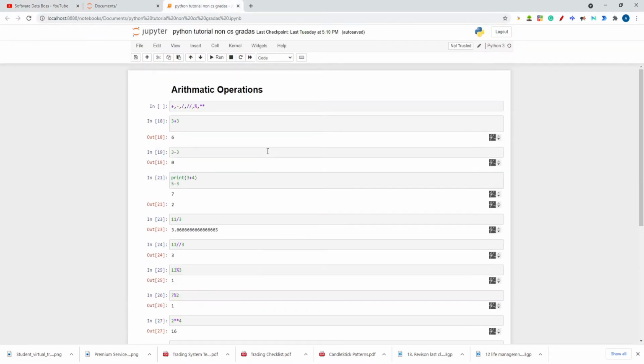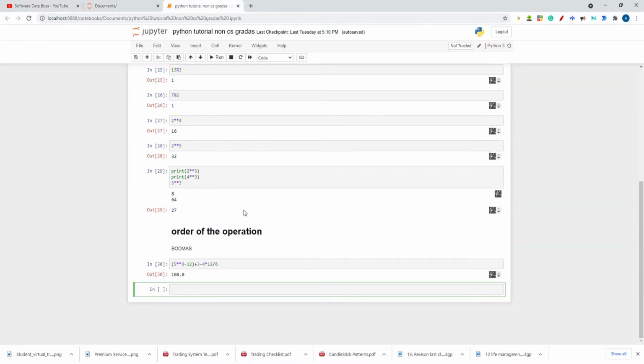This is my file that I'll be sharing with you at the end of the course. So today let's discuss the data types. What are the different data types in Python first? Data types. I want to give this heading, so I need to select heading here in a code cell. So I have selected the heading data types.